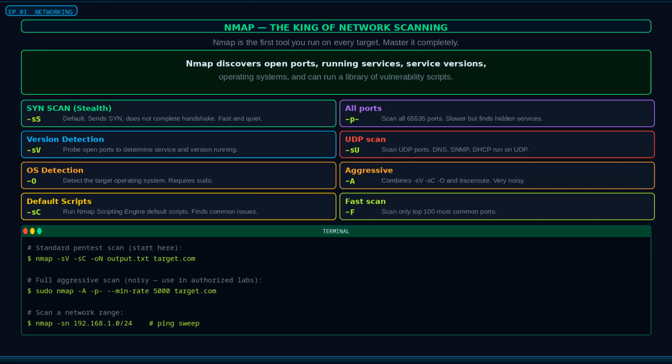Nmap, the network mapper, is the first tool you run on every authorized target. It is essential. The basic Nmap scan uses -sV for version detection and -sC to run default scripts. This gives you a clear picture of every open port and what service is running on it. For a comprehensive scan of all